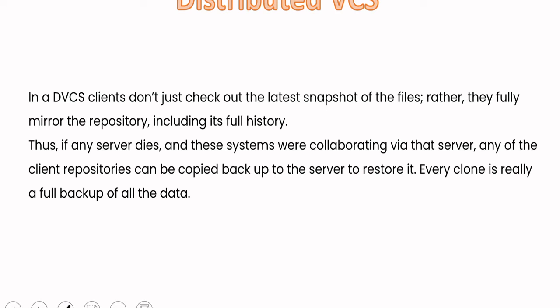Next, the final one, we are discussing the distributed VCS. Our Git comes under the category of distributed VCS. Whatever the negatives we have seen, whatever the disadvantages we have seen in the centralized VCS, that has been overcome by the distributed VCS. And this is more efficient, fast, and simple also. That is the reason 99 companies out of 100 mostly will be using the distributed VCS. That too, they will be using Git.